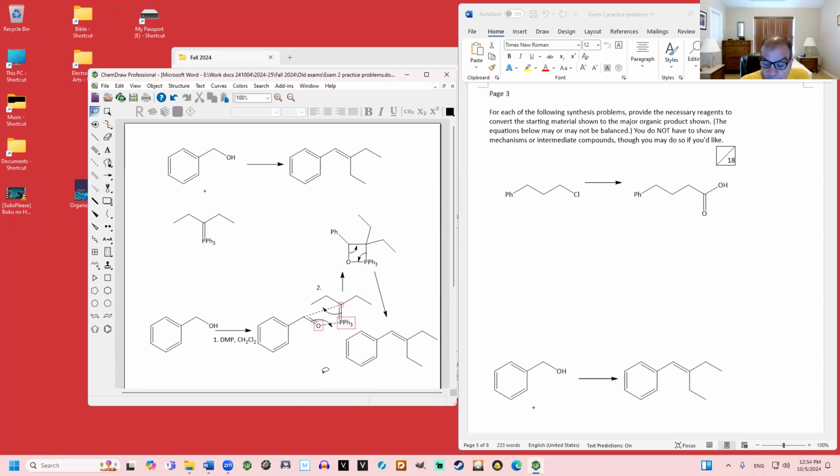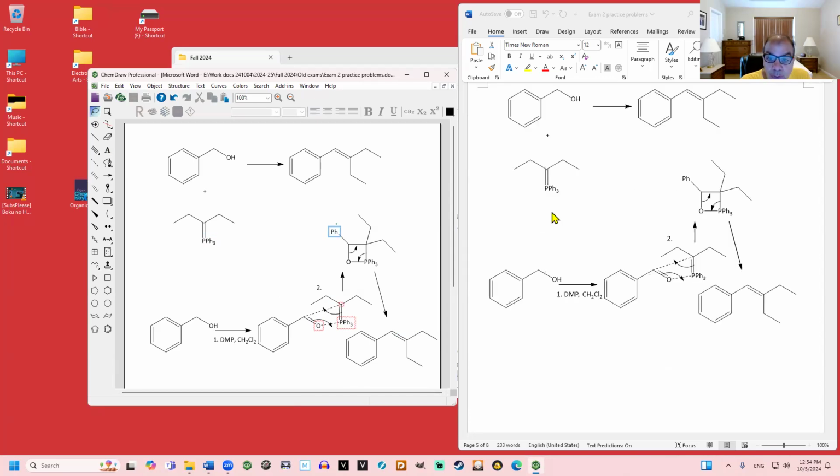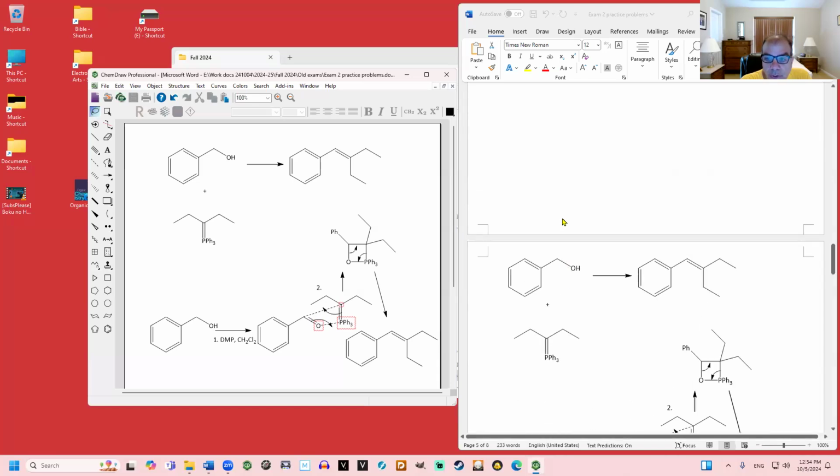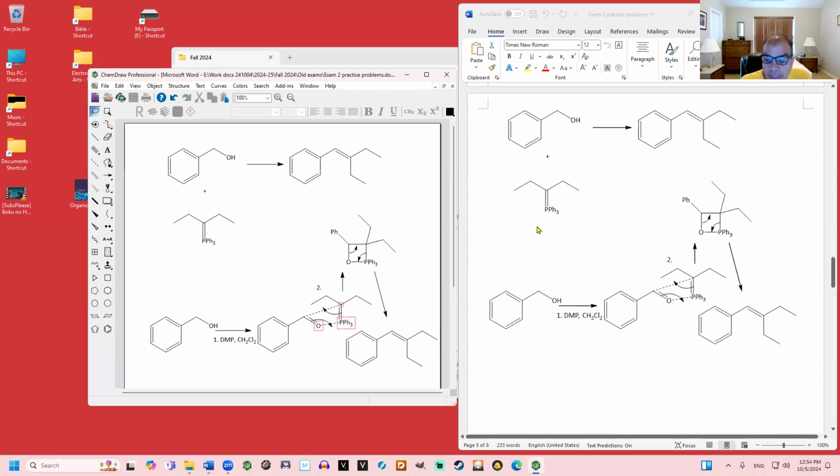synthesis problem. So what you need to know in order to solve synthesis problems is all your reactions. There are no reactions that you get to forget. You have to know all of the organic one reactions as well. And in fact, the first problem used one of those organic one reactions in order to, where'd it go? Oh, I guess I've erased it. That was the one,